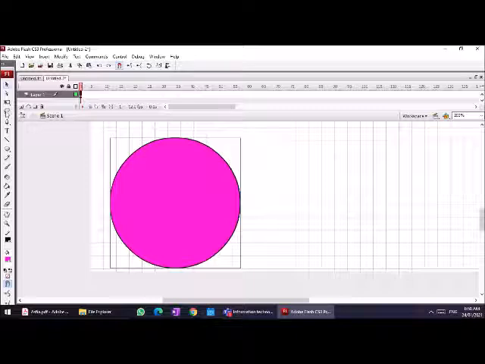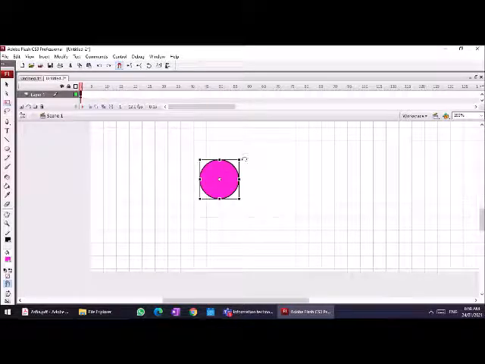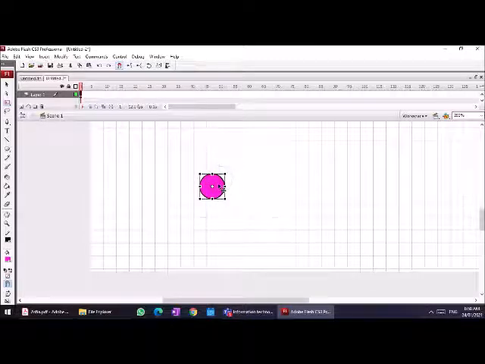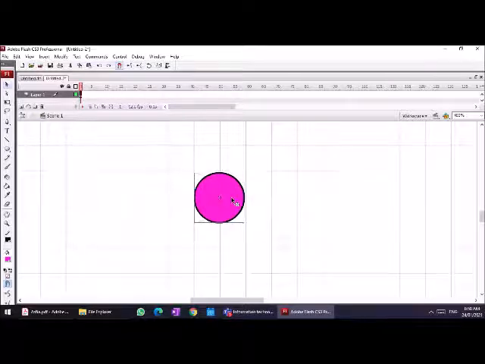And I'm going to make it a little bit smaller so that I know what the scale is. Like I'm going to use 2 boxes radius.